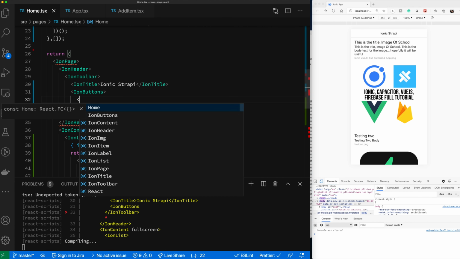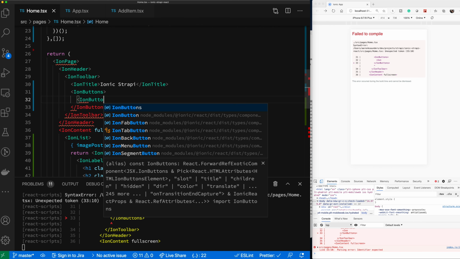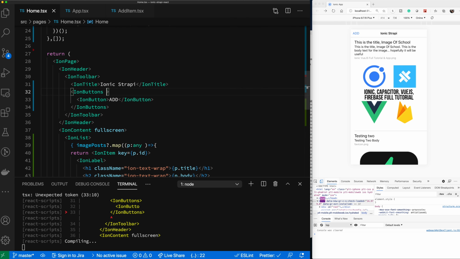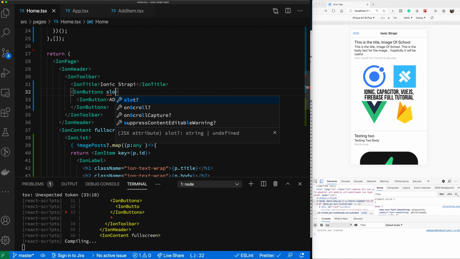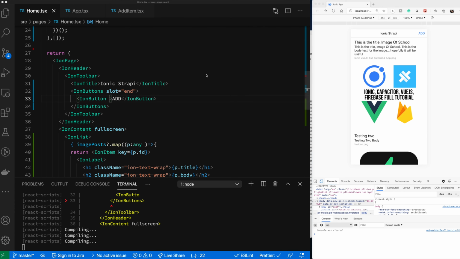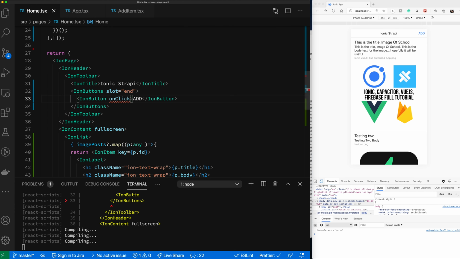Then inside of that, we put an ion button, just one button. We're gonna call it add. We want the button to the end, so we do a slot end. So we push the button to the far side, and then on click, we want our button to take us to the other route that we set up earlier that I showed you. So we say on click, and then